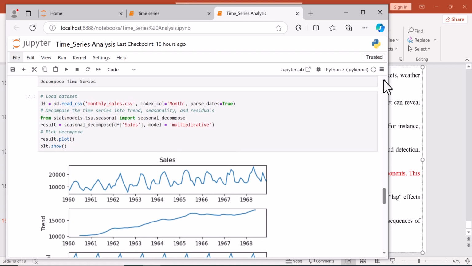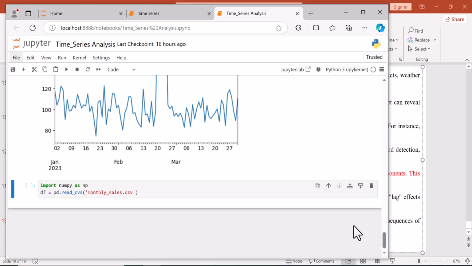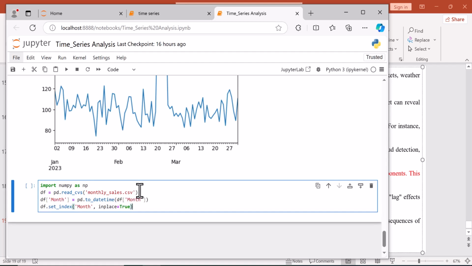Okay, monthly sales dot csv. The next thing we're going to do is to parse our date, that is the month, into date. Then we set it. So we have month, pd to_datetime, that is month. Then we set the index to be month, in place